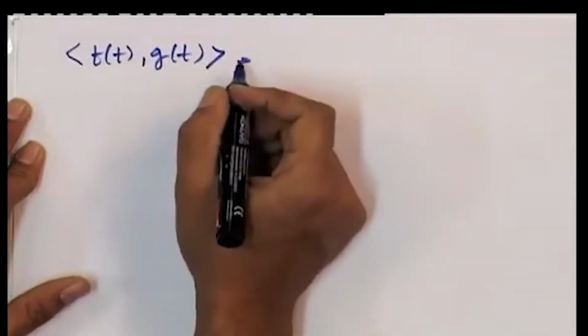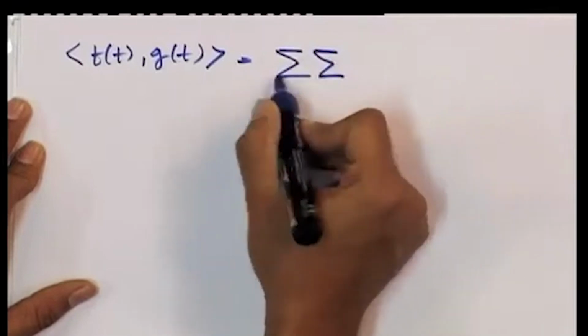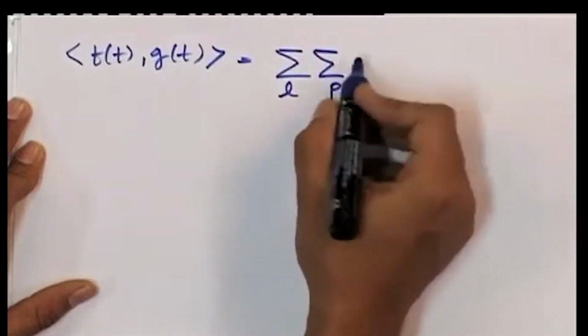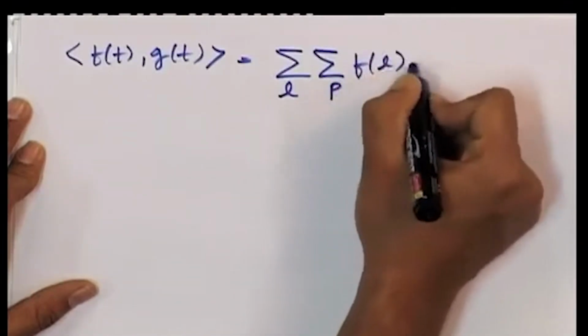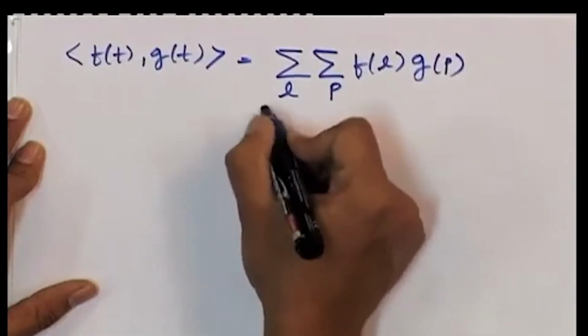We will take Fl and Gp common, and it results in a double summation of Fl Gp, and the results in the integral